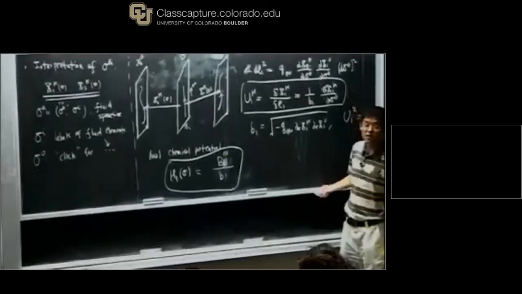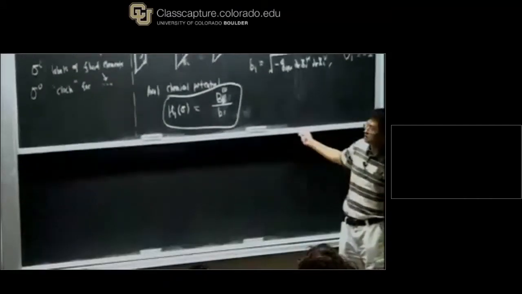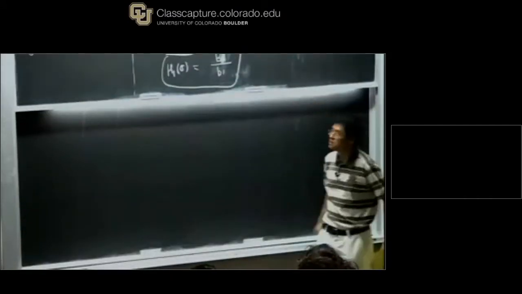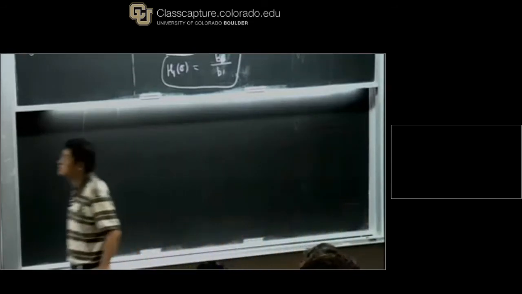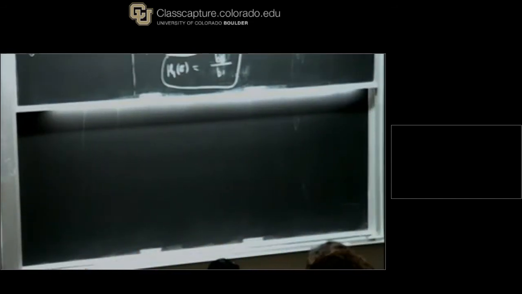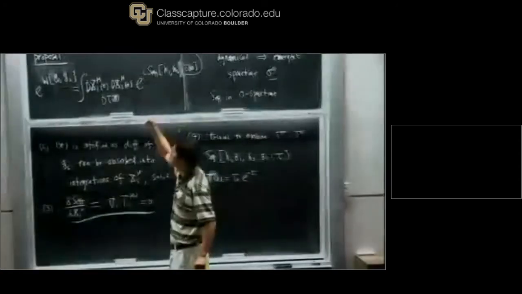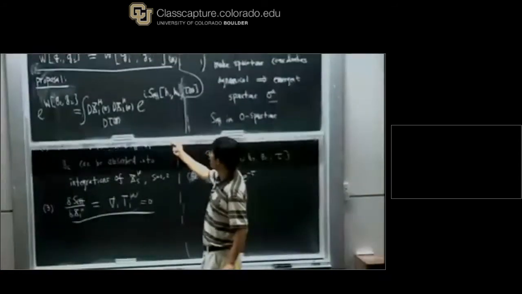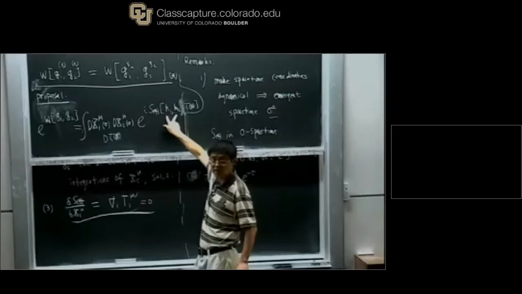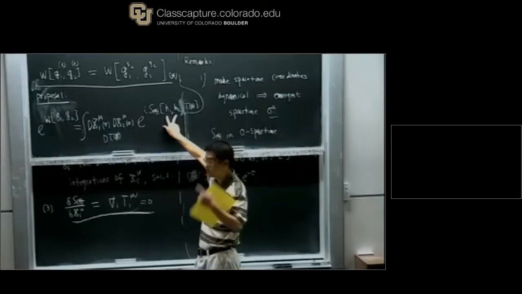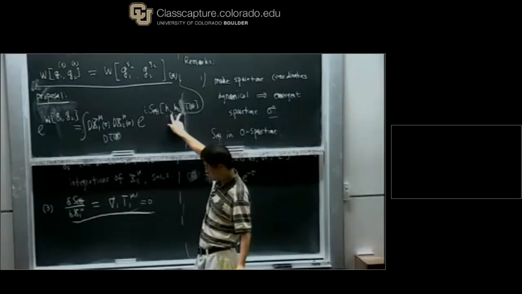Good. So now we have identified the degrees of freedom for this fluid. And so the next step is to write down this effective action explicitly as a function of